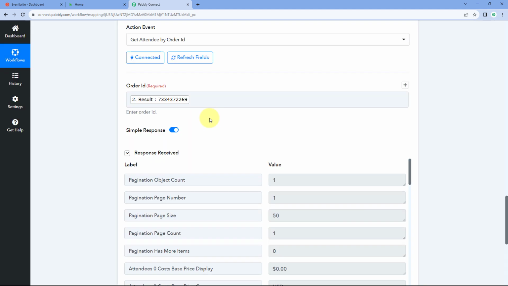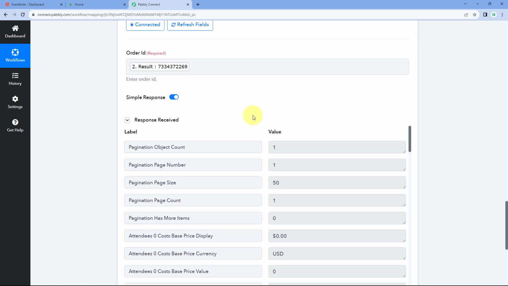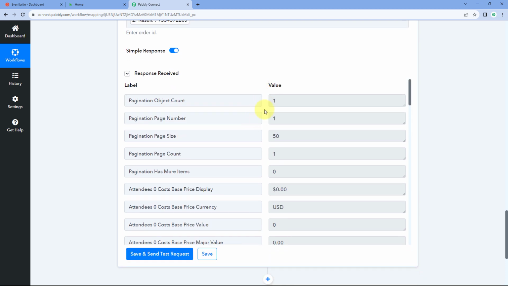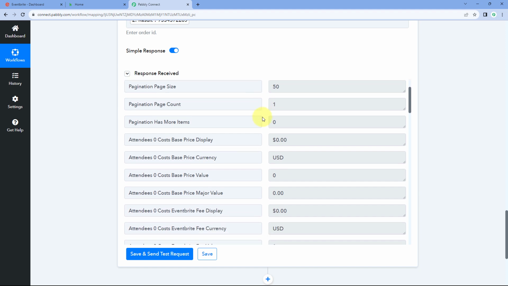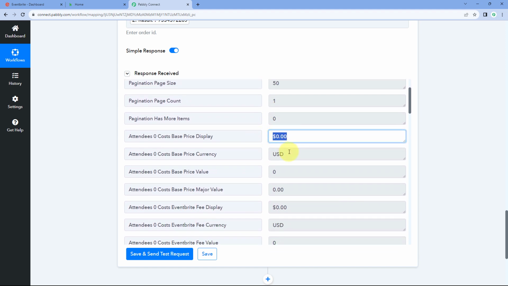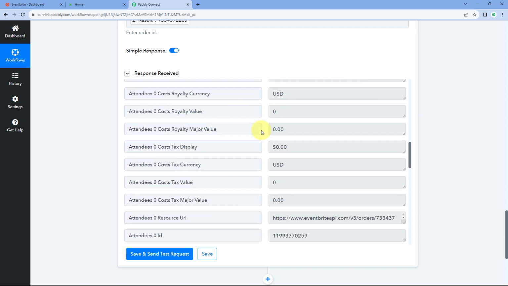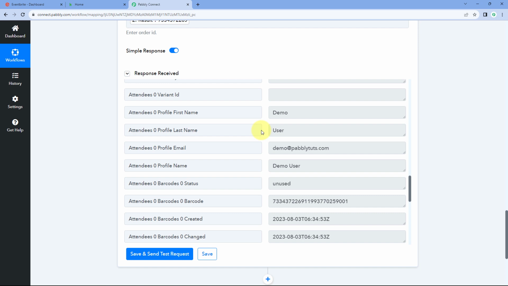After clicking save and send test request, here you can see we have received the response. And in this response, you will see all the details of the attendee who has placed this order. So here you can see the total amount for which the customer made the payment. You can see the currency as well. We will scroll down to these responses and then we will see the details of the customer, of the attendee